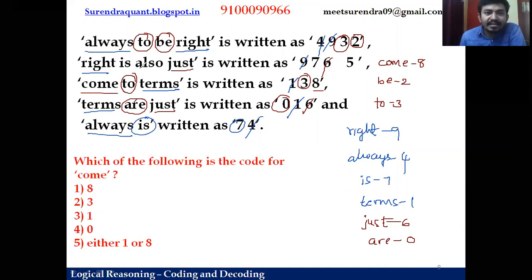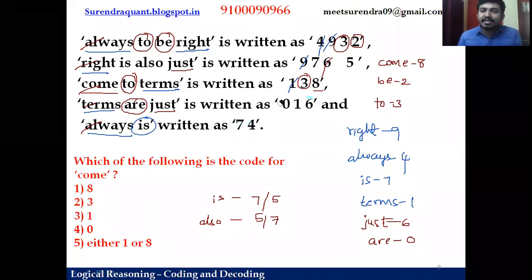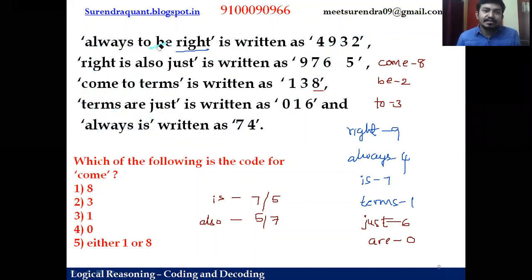Now, do you have anywhere is, guys? Also, do you have anywhere? So we don't have also anywhere. That means what? Is and also should be vice versa. If is is 7, also is 5, or if is is 5, also is 7. I think we strike off all things, right? This is done. This is vice versa situation, friends. We don't have any exact clarity about that. So let us continue with the questions. We'll try to understand in detail what is the meaning of this vice versa situation, right? So let's go for the first question.